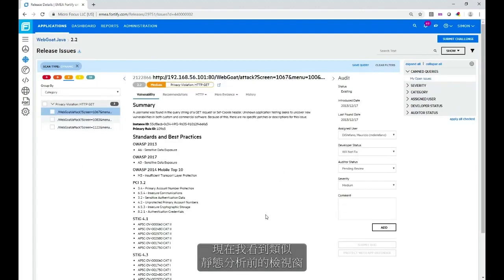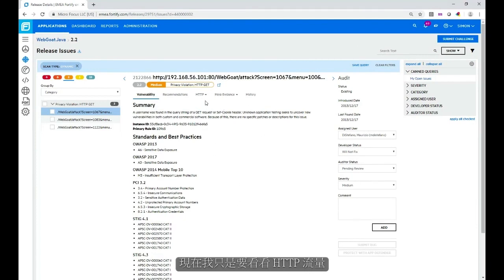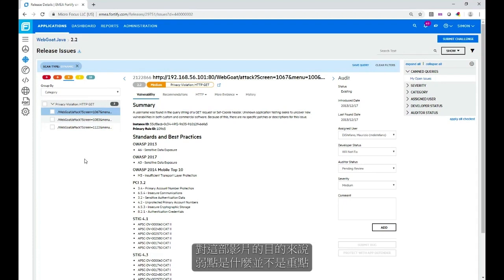And now I have a similar view to what I had before for my static analysis. The difference being there's no code displayed. I'm just going to look now at the HTTP traffic. In fact, that's what was tracked when the vulnerability was found. So there are 3 vulnerabilities of a privacy violation nature. Doesn't matter exactly what they are for the purpose of this video. But the key thing to know